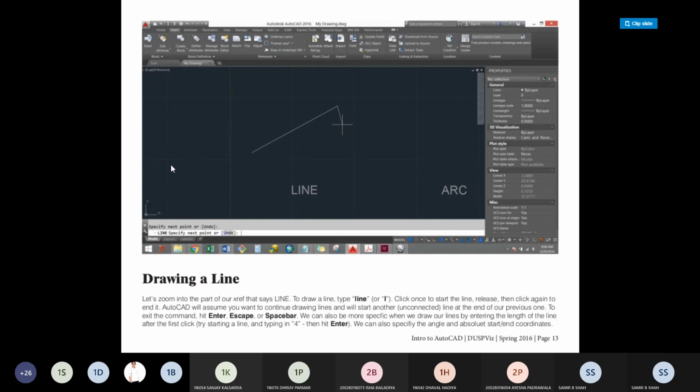So click again to end it. So it is the command given to AutoCAD that you may require this kind of length. Okay. Here, AutoCAD will assume that you want to continue drawing lines and will start another line at the end of our previous one. Okay.